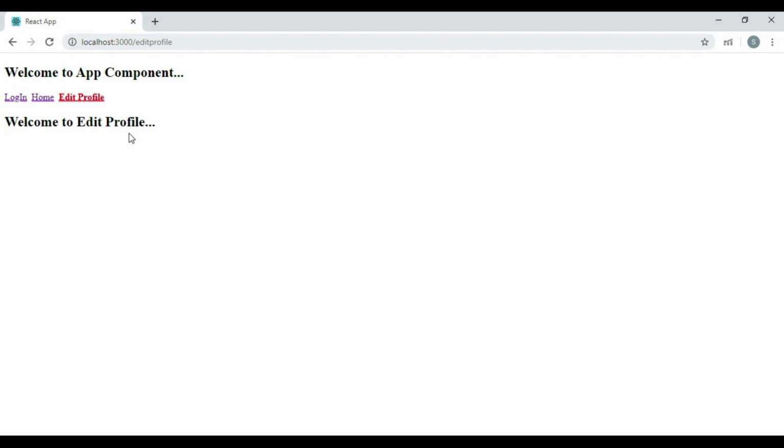Our history object has the complete track of navigation paths. If we click on the browser back button, we go back to the home component, and if we click on the back button again, we go back to the login component.